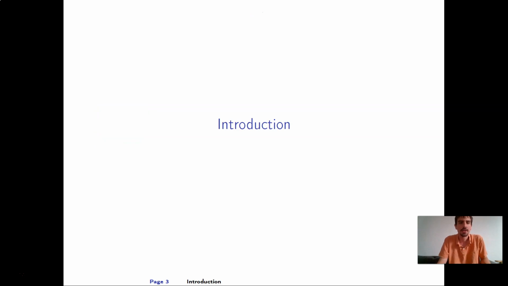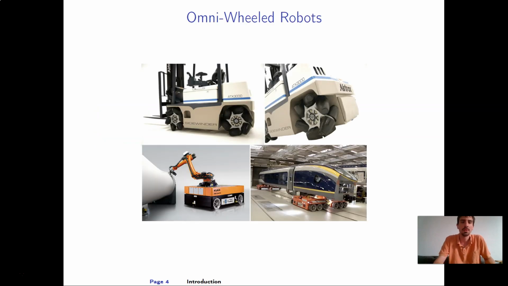As an introduction, I will briefly explain what omni-wheel robots are. These are robots that, as their name suggests, use omnidirectional wheels to move. These are wheels that have rollers attached to their rims, as you can see on these images. A robot equipped with this can move and rotate freely, in all directions, without having to do complicated maneuvers. This is an advantage in tight spaces with flat surfaces, which is why they are used a lot in the